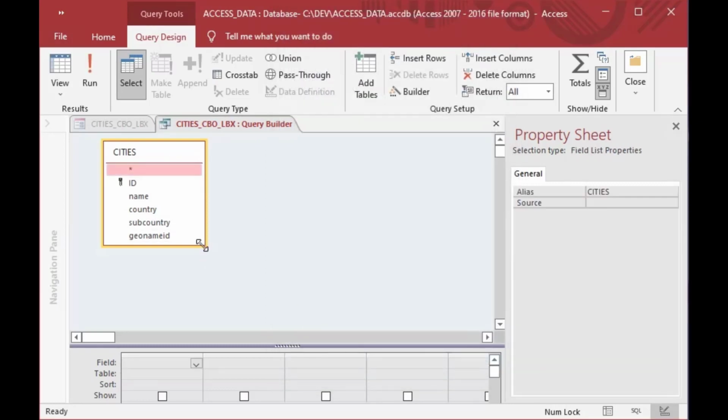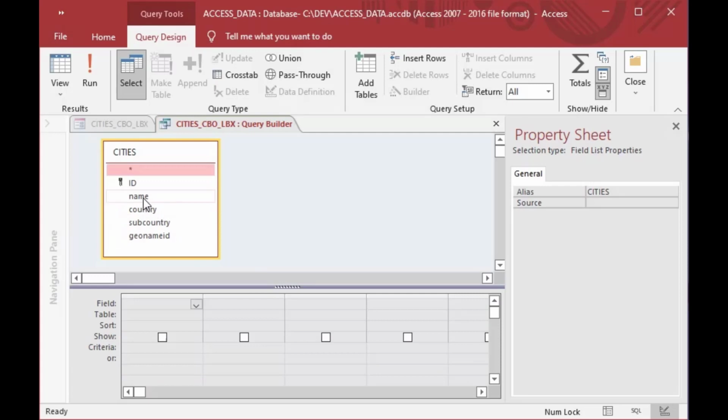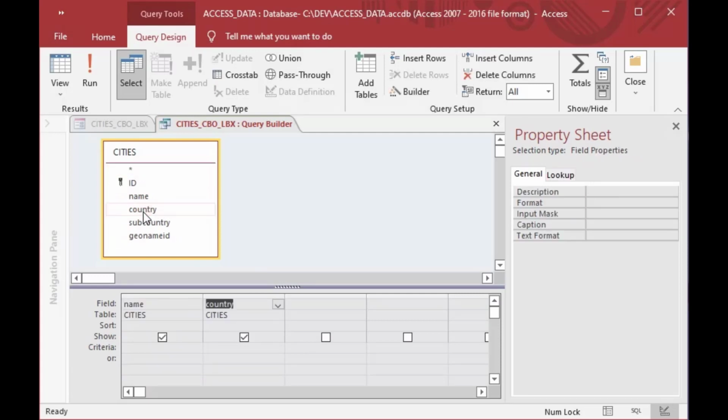So I'll choose exactly the same columns that we had before. So we're going to grab the name of the city, the country, and then the sub-country, which, like I said, in this case is province. It might be state if you live in the United States, and the ID. So again, we put the ID on the end, and we're going to filter by Canada here. And we'll do the same thing in that we'll sort by the sub-country or the province,